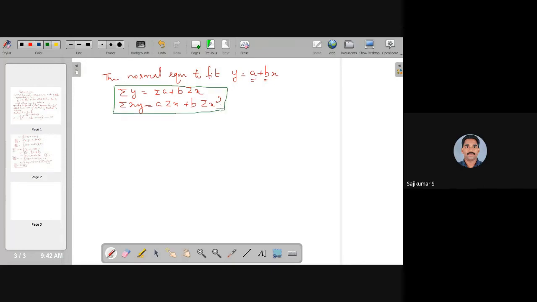So applying this same principle, we can derive the normal equations. This is called regression of y on x. The normal equations to fit y is equal to a plus bx. This equation is called the regression line of y on x, for predicting the value of y in terms of x. Similarly, what are the normal equations